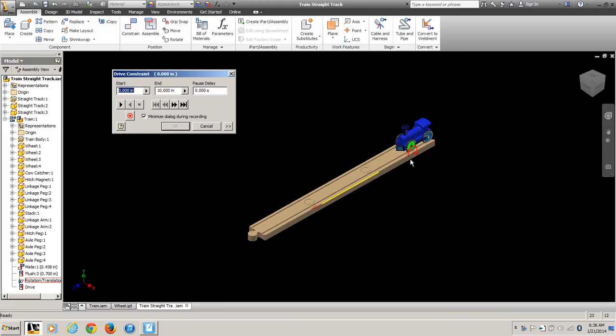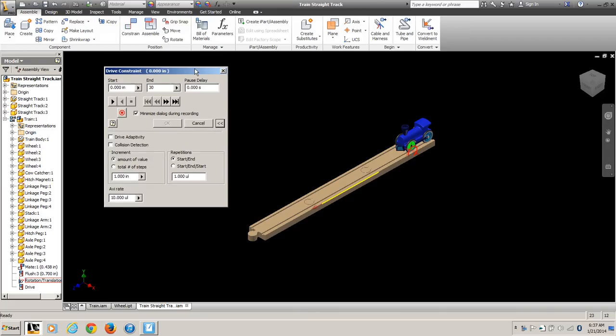Now I have 3 pieces of track. The train is about 5.5, 6.5 inches long. So if I go 30 inches, it's going to travel the length of the track that I have in front of me and not run off the track. If I open up this more option here,